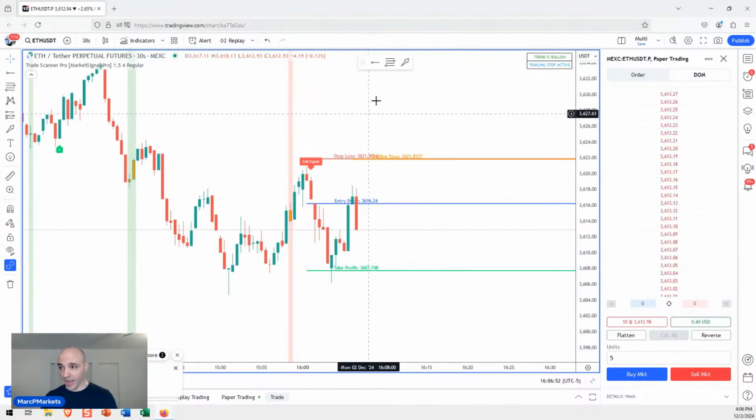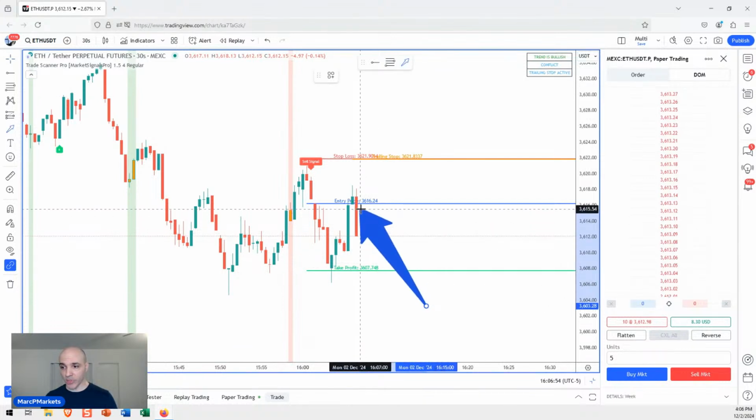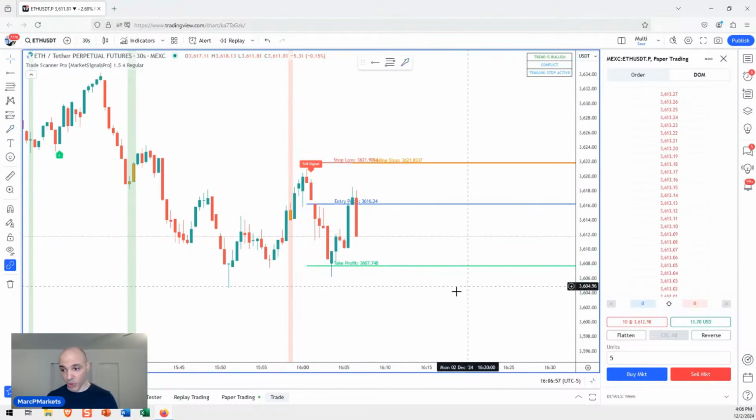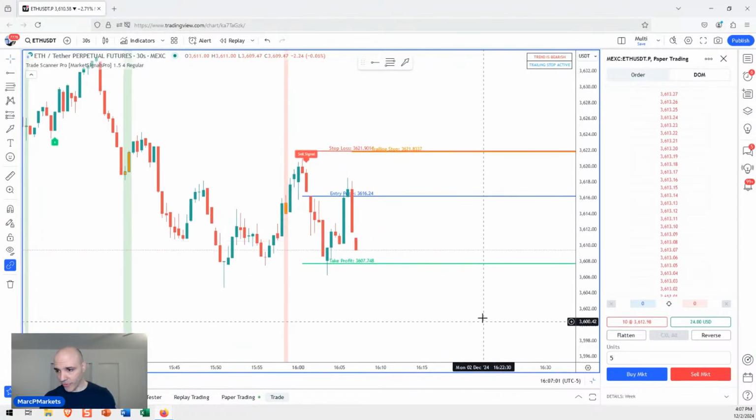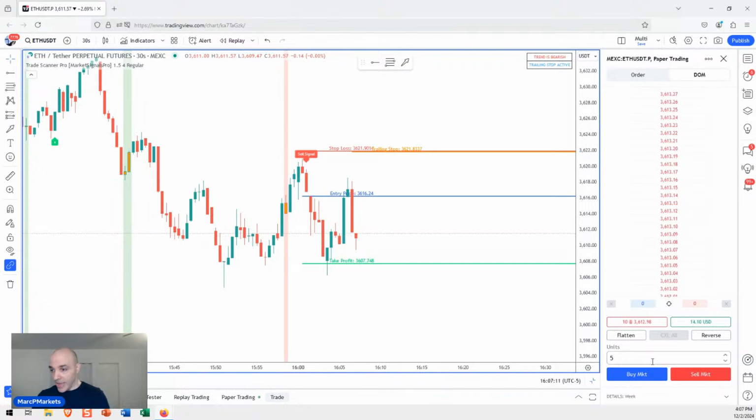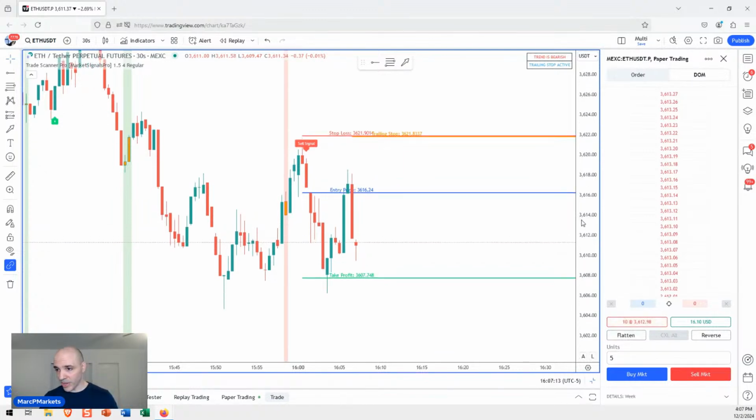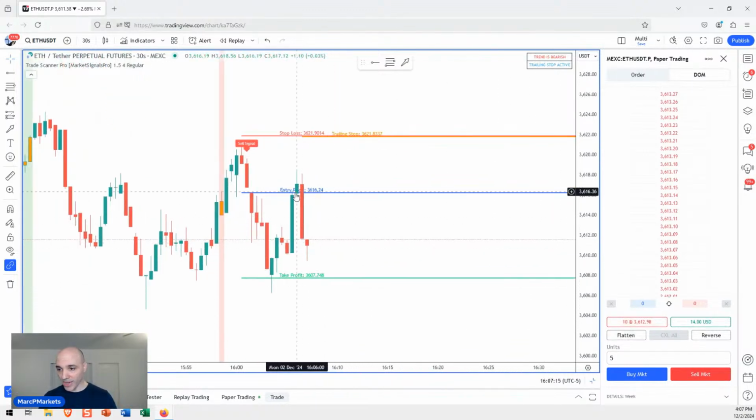So now I see this as basically another entry opportunity. Keep in mind, this is a 30-second chart, so things can be really wild and dramatic on here. Now, if we get back to that profit objective, I'm going to unload 5 again. We're almost there. A couple more ticks. I mean, look at the way this thing is moving. In one candle, it's basically between the profit objective and the entry price, so practically one candle. So it's definitely a mover.